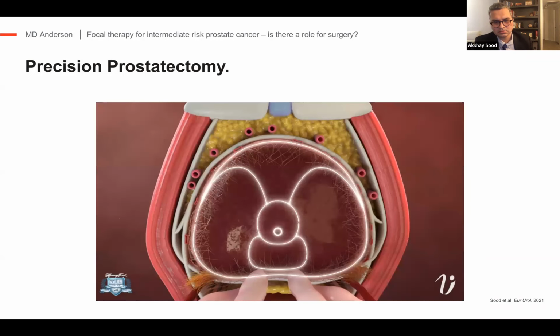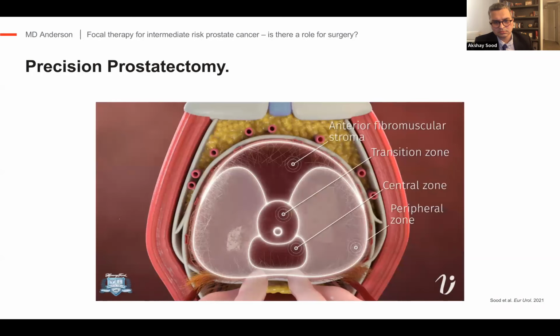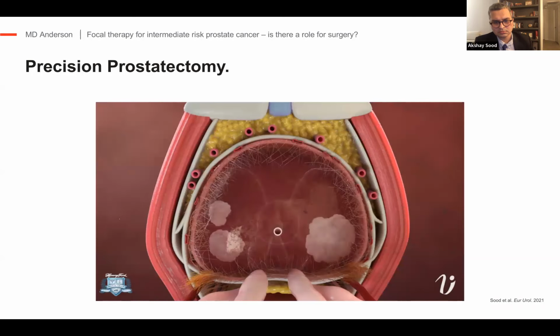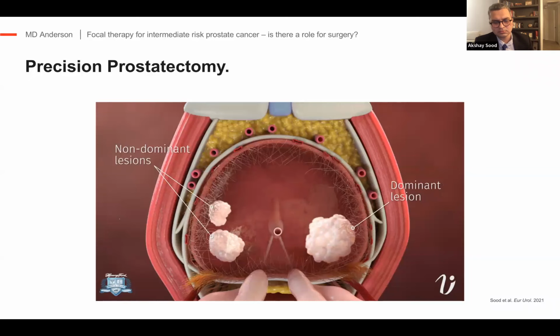The video animation shows the zonal anatomy of the prostate in its 4 basic anatomic regions, as described by McNeal. The view is from the abdominal cavity looking down into the pelvis, as during a robotic prostatectomy. It again demonstrates a large dominant prostate cancer lesion on the right side and additional sizable cancer lesions on the left side. The video clip demonstrates the pelvic fascias, the capsule of the prostate, and the veil of the nerves around the prostate forming a hammock.